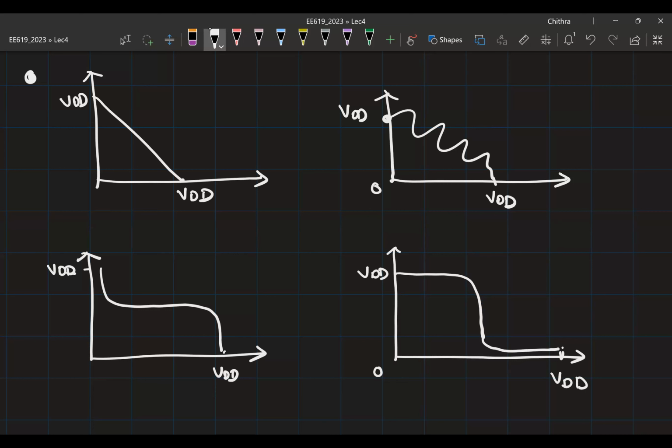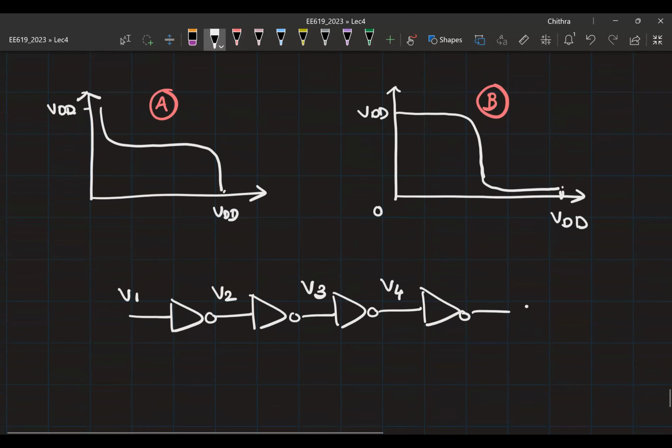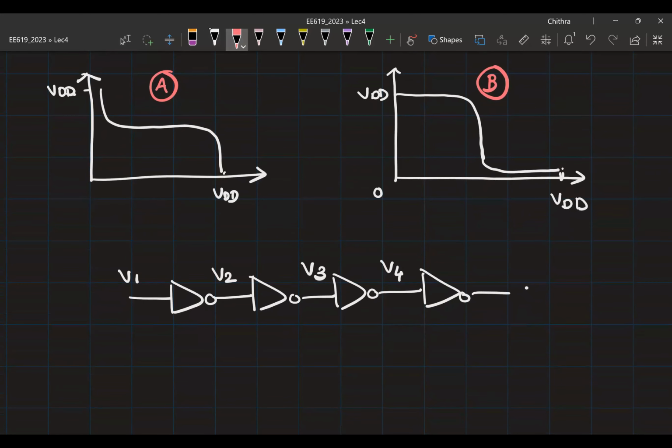Now to make that clear, let us consider the last 2. Let me call this A. Let's call this B. So you can do this as a homework. What you have to do is this. You take a chain of inverters. Let's say this is V1, V2, V3, and V4. You start with a V1, which is closer to 0,